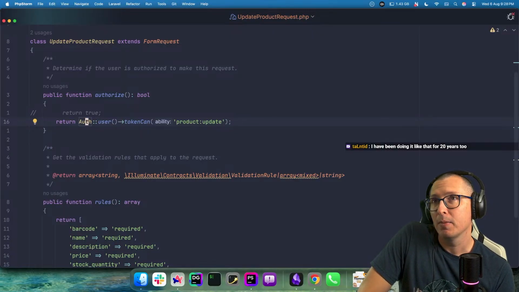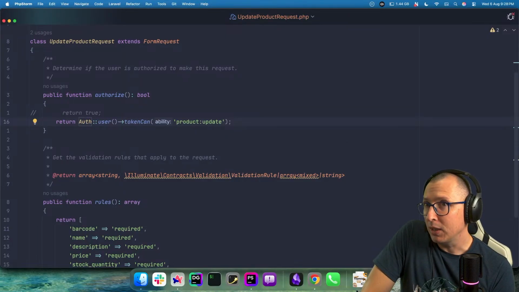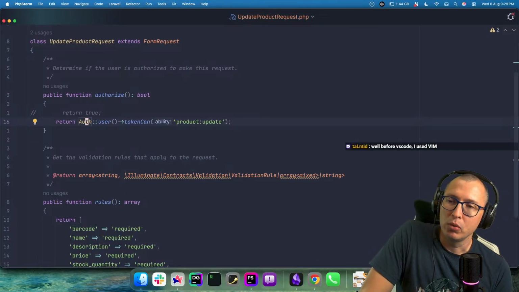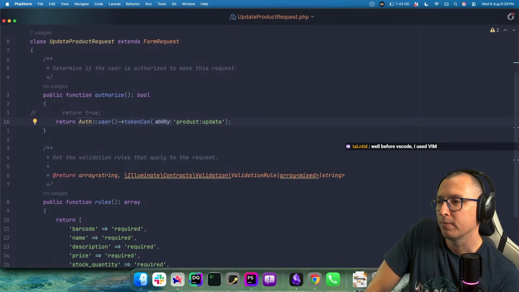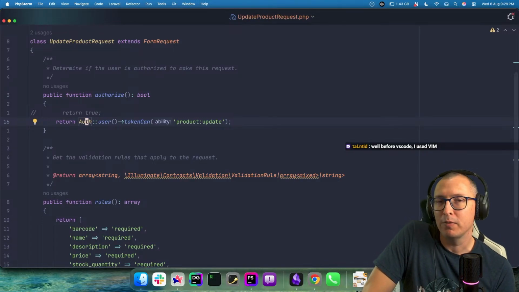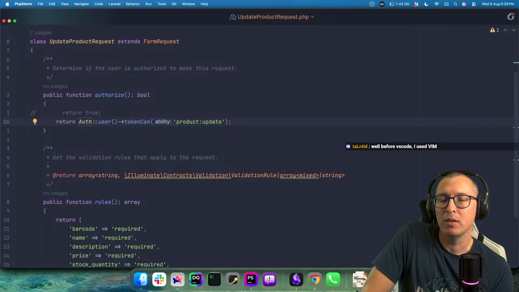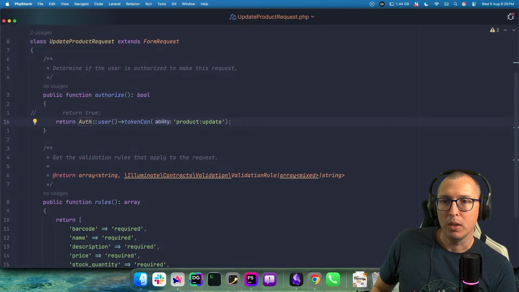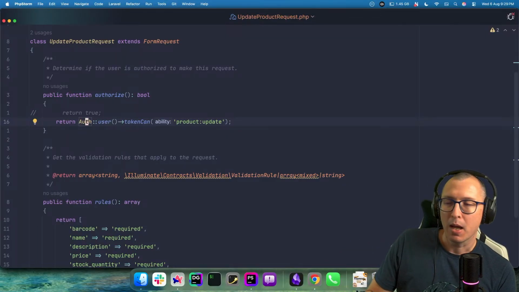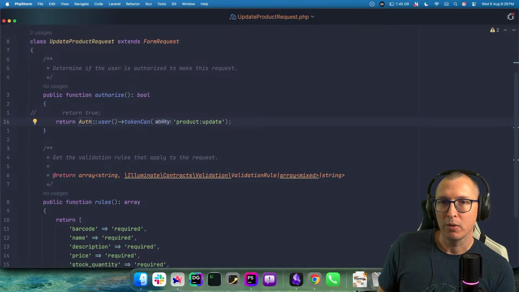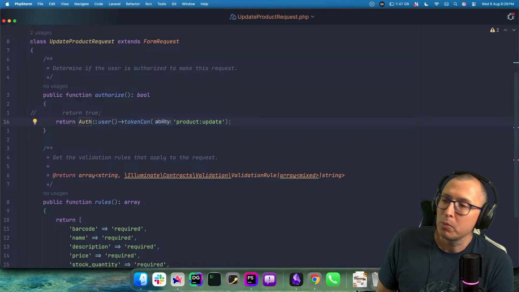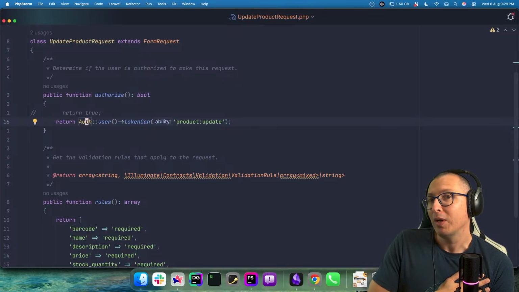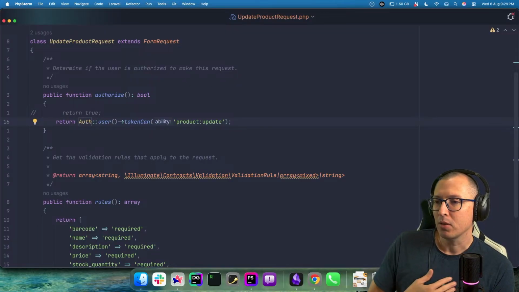I will say I have thoroughly enjoyed using PhpStorm with the Laravel Idea plugin as a 15-year VS Code user. I have enjoyed it and I would recommend it to anyone if they ask me. But I was you a few weeks back. I did not want to switch. I did not need to switch. But in my case, I got to a point where I needed to switch from VS Code. So,